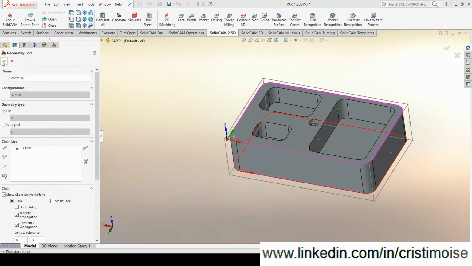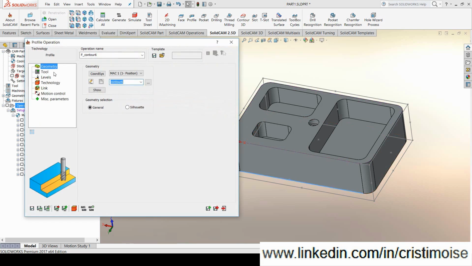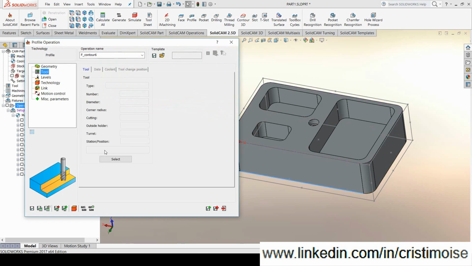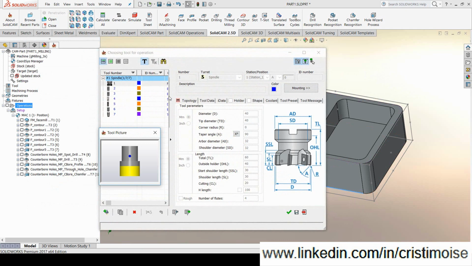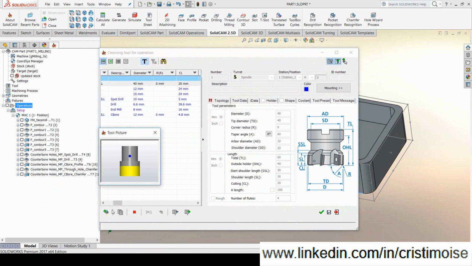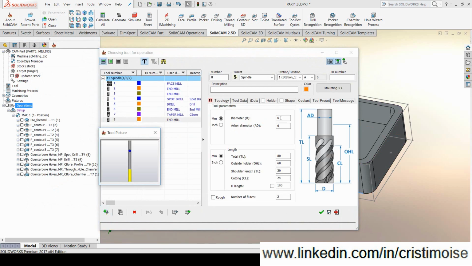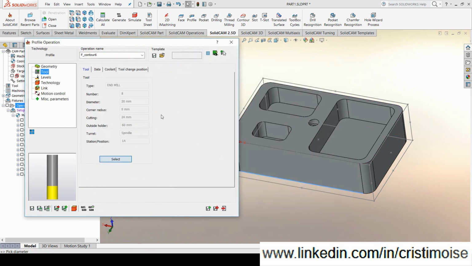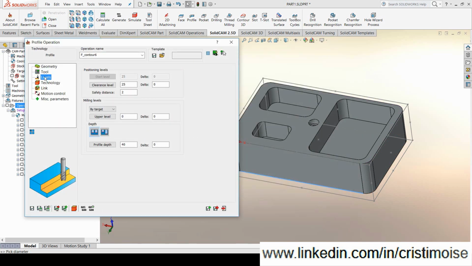It's okay. Let's look at the tool. I will select, let's look here, I have the diameter. I will choose another end mill with diameter 20. Okay, and the levels,